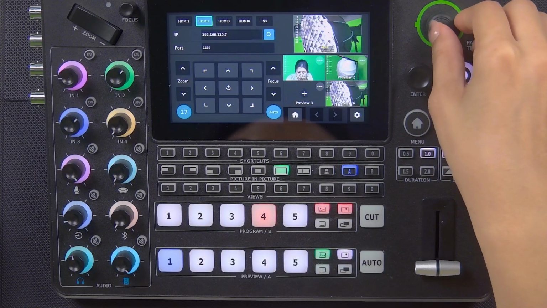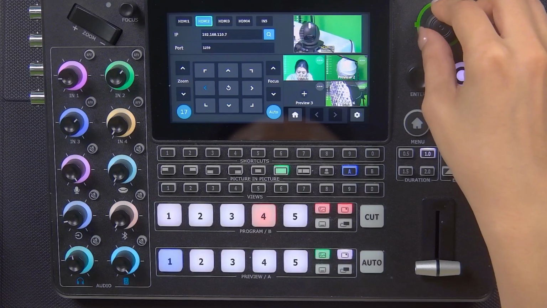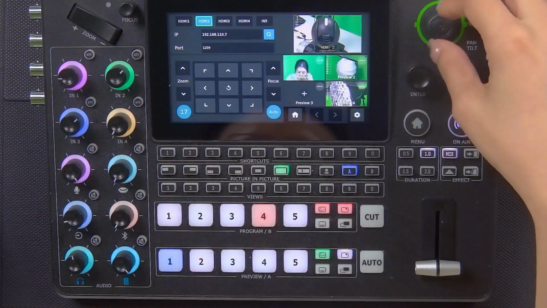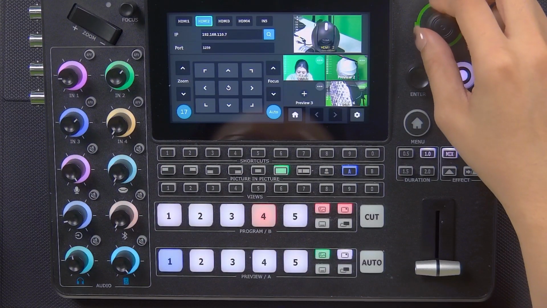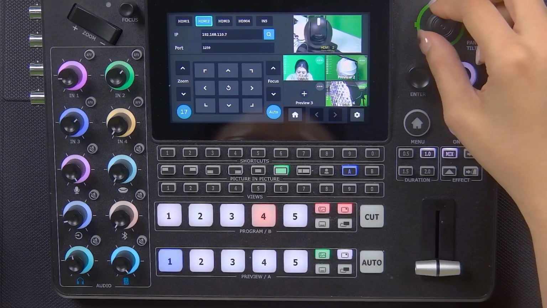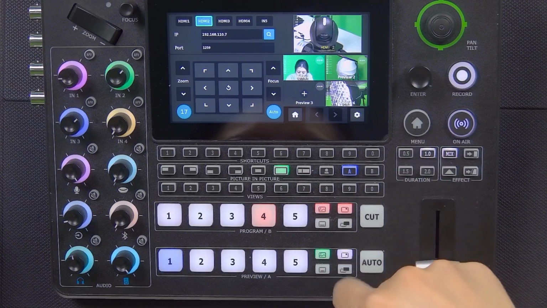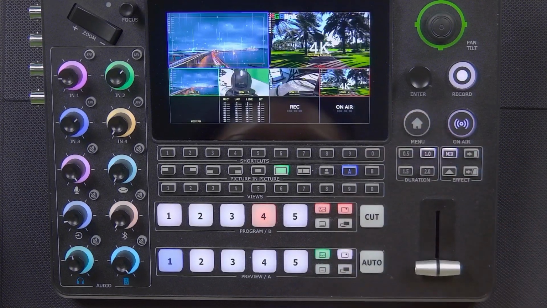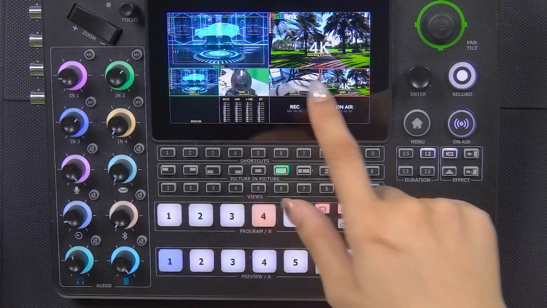The PTZ 2 is focused. Okay, and come back, and we can see now its camera